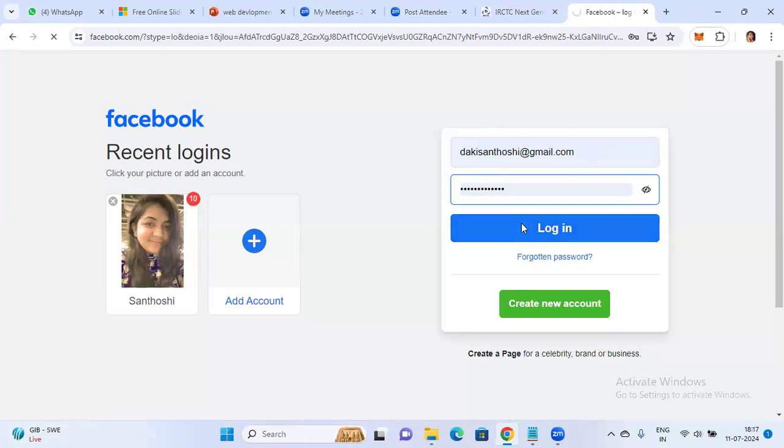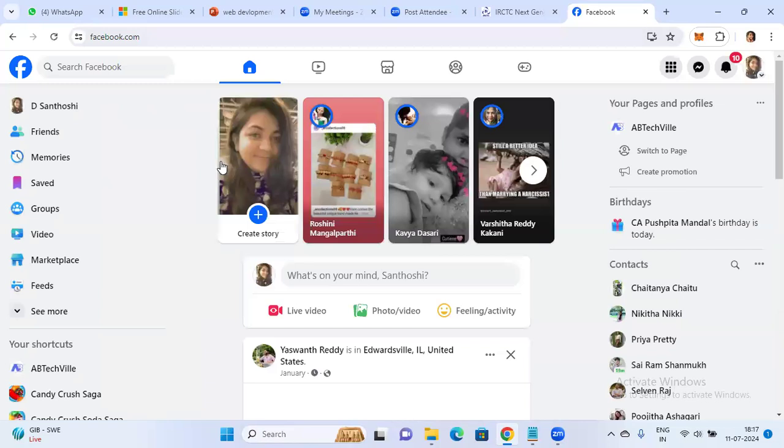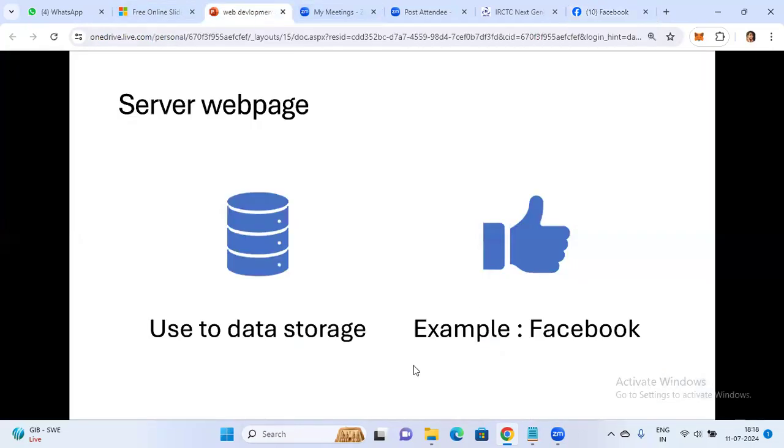Inside of it, it is dynamic type. It is inside of your Facebook. It is different for each and every one. Yes or no? So we call it both things. In the server, we have a static type at the start, and inside of it we have a dynamic type. That type of web page we call a server web page. You getting my point, right? If you have any doubt, please text in the chat.